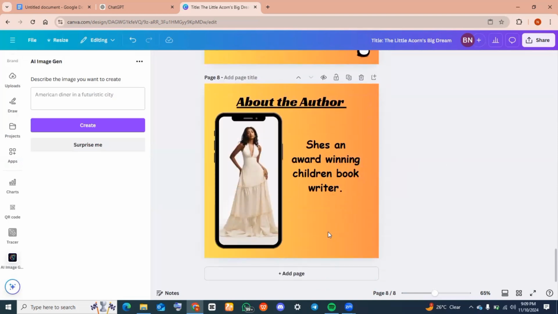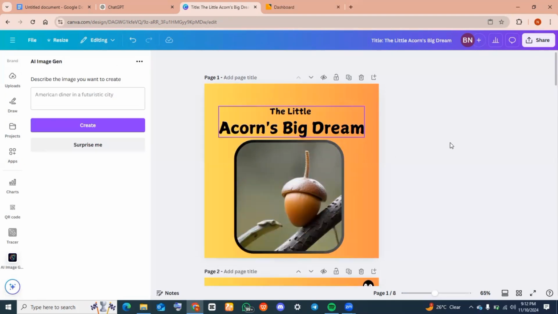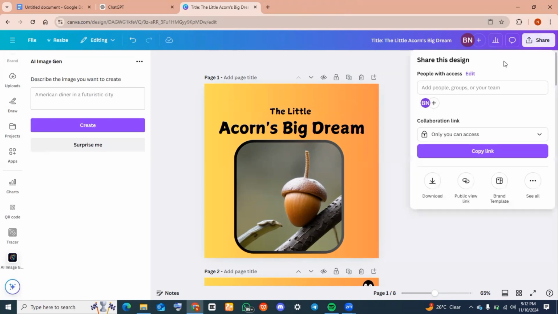Now you are supposed to have 8 pages in total. I had 8 pages in total. Now one was my front page, the second was the back page, and then the remaining 6 were the main stories itself. Now the final thing to do is to go to the top right hand corner of your screen